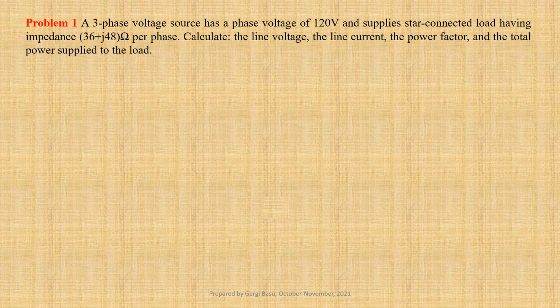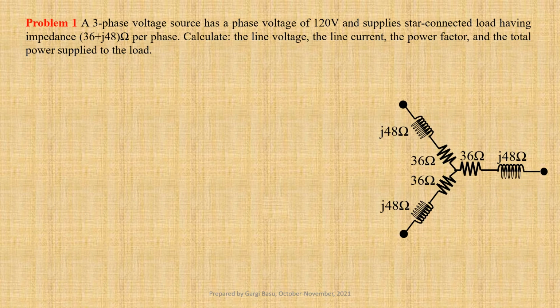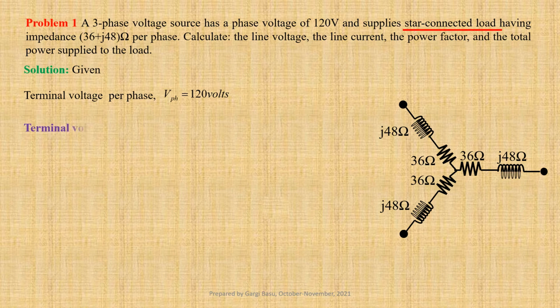A three-phase voltage source has a phase voltage of 120 volts and supplies a star-connected load having impedance 36 plus j48 ohm per phase. We have to calculate the line voltage, the line current, the power factor and the total power supplied to the load. Let us first write down the given data. Terminal voltage per phase, V phase equals 120 volts. Since the load is star connected, line to line terminal voltage VL equals root 3 times V phase, that is equal to root 3 into 120, that gives us